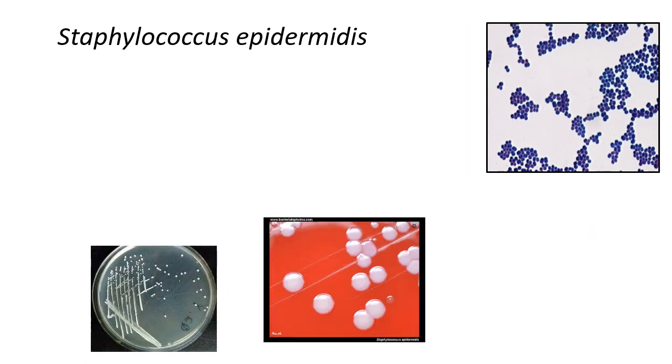Now we come to the other species, which is Staphylococcus epidermidis. The word epidermidis tells you something. What does it tell you? It tells you that it's a commensal on the skin. So usually it is not a pathogen. Sometimes it can become a pathogen. And one of those reasons is